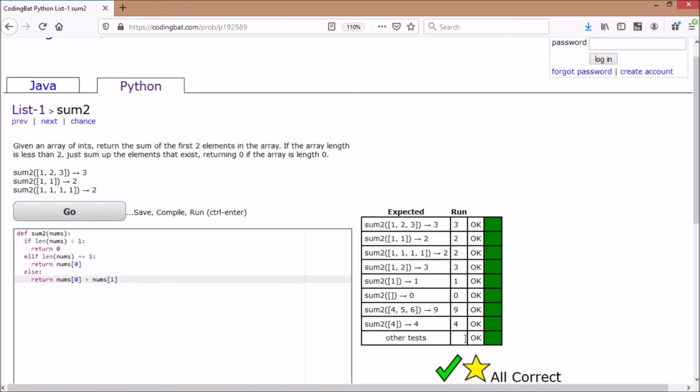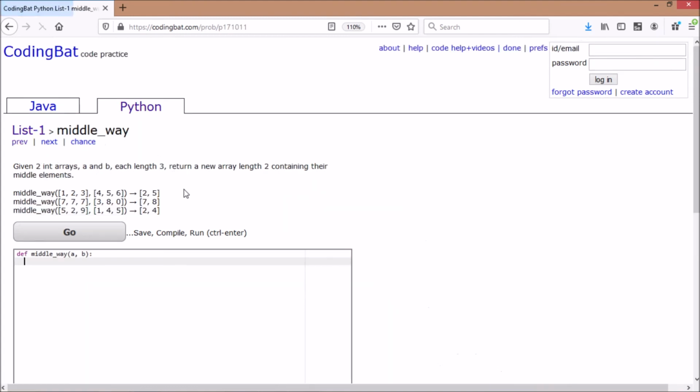Cool, we got the answer. Here it is blank, it gave us 0 as the output. Here it is only one element, it gave the 1. Otherwise they are taking only the first 2 as the sum, these 2. Okay, let's go to next.